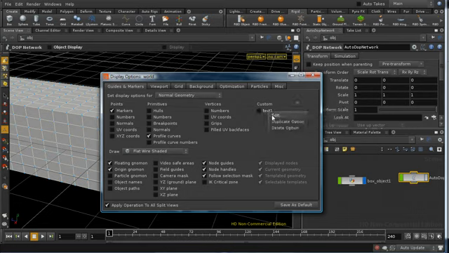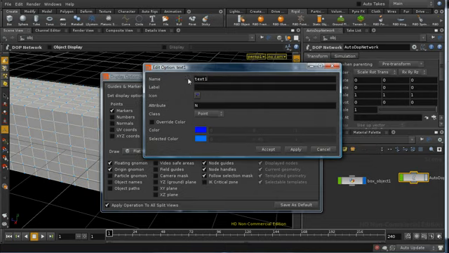I'm going to then right click on it and edit it, and we're going to call it heat. The label is going to be heat, and the attribute is going to be heat. It's a point attribute, so we can leave that. And if we apply that,